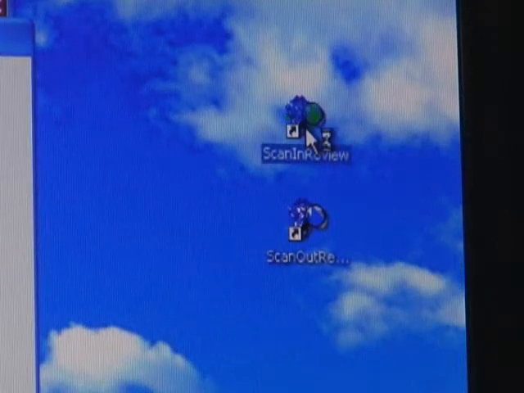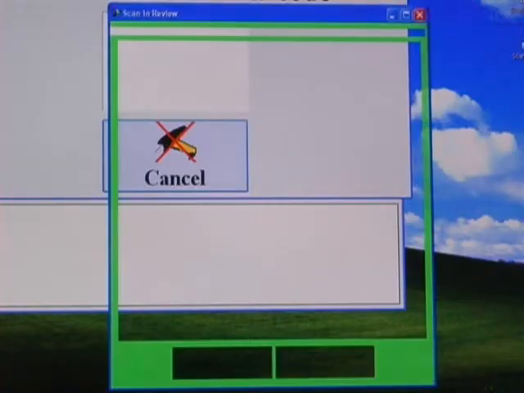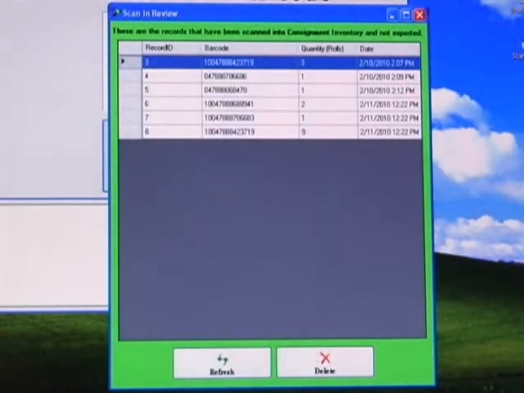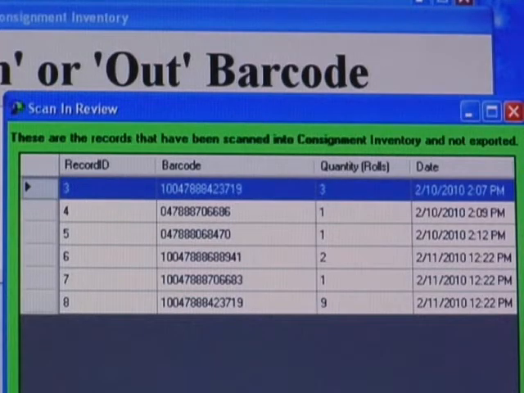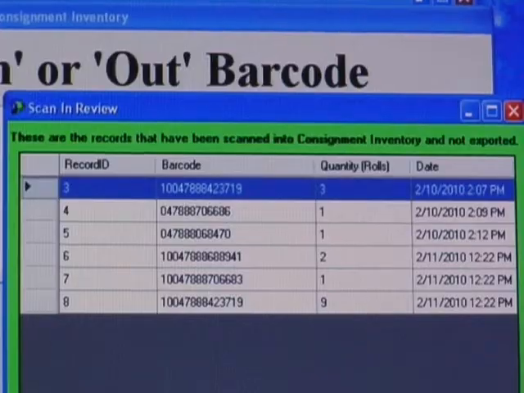In this demo, we're going to be looking at the ScanInReview and the ScanOutReview programs. We look at the ScanInReview first, and what we're looking at is a single screen with a grid and two buttons, a refresh and delete. You can see this says these are the records that have been scanned into consignment inventory and have not been